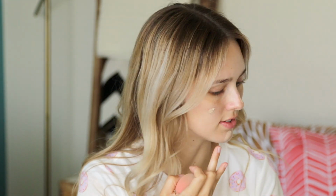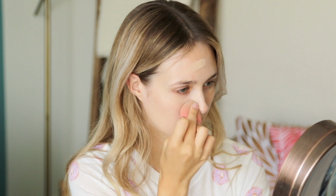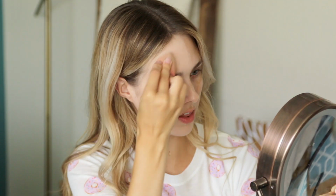This is thick and made a really odd sound when I squeezed it out. Okay, let's see. I don't know if you can see that, but it's mega thick. And I honestly don't know what this is gonna look like on my skin tone because I do not think it's the right shade. It is a very thick consistency, like when I squeezed it out. With the amount that I applied,